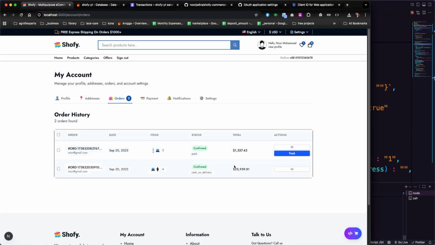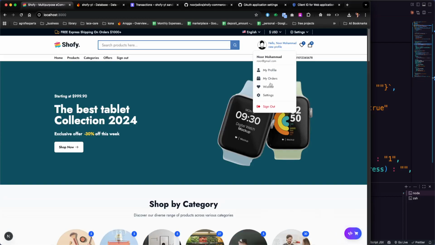And then you see we can view the orders. This one is paid with the card, and another is confirmed with cash on delivery. So this is the one which can be really helpful for us. Right now we're going to try to satisfy another user as an admin user, which can perform any